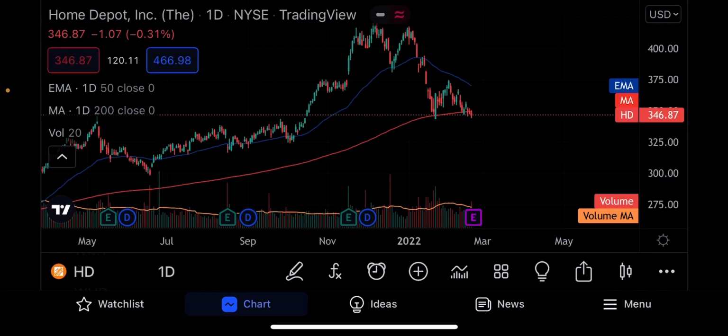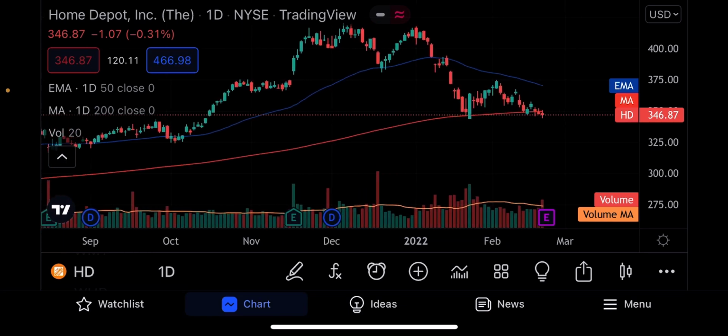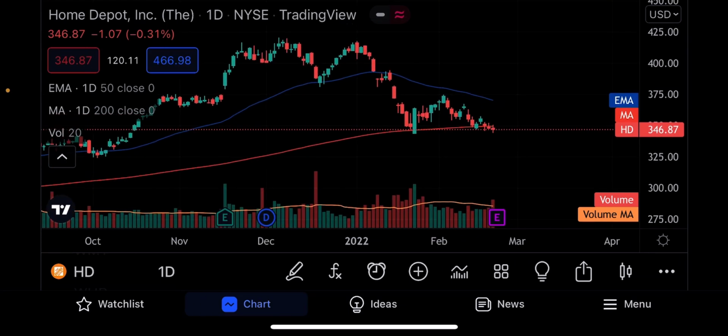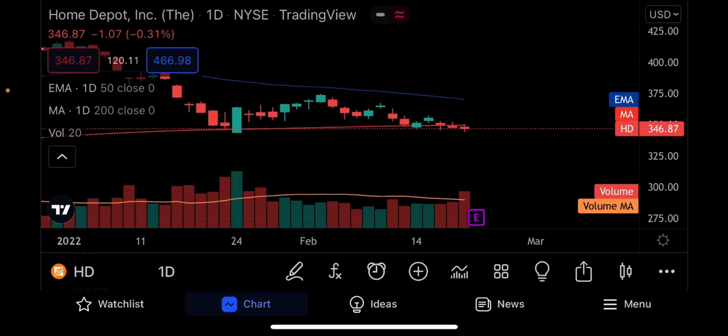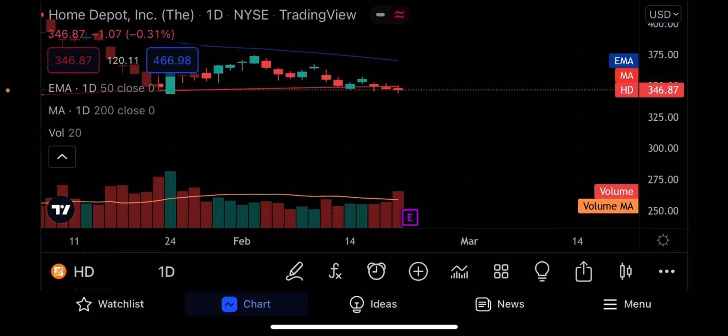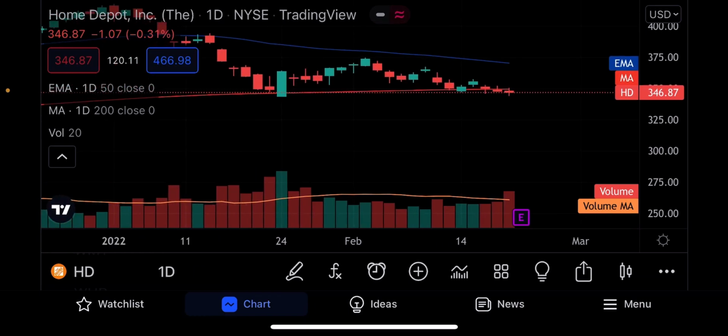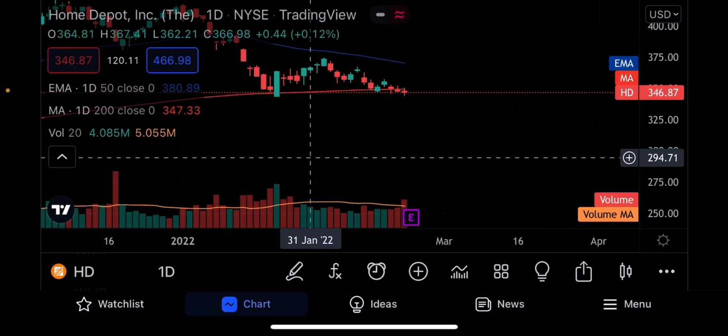Home Depot, support on the 200, but more importantly, twice now support on the 200. So we didn't get the bounce on the first time it hit the 200, or the second time, or the third time, and then yesterday, Friday, we lost the 200. But again, don't worry about that. Nobody wants to be holding too much stock over the weekend. Expect a move back up to the 50, that blue line, which is where it's seen resistance up here once.